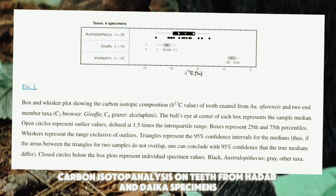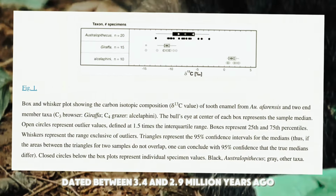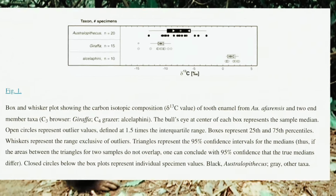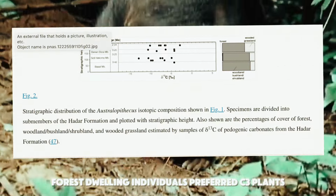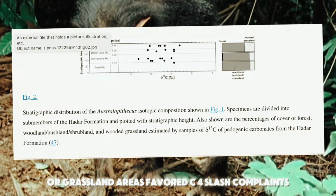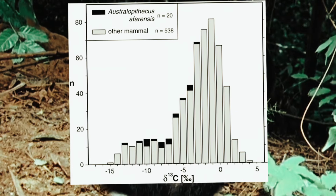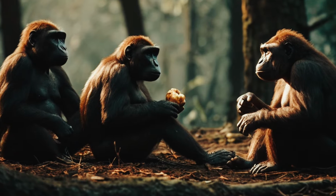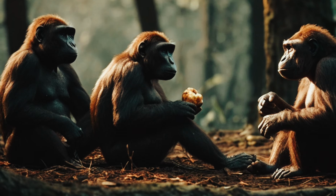Carbon isotope analysis on teeth from Hadar and Dikika specimens, dated between 3.4 and 2.9 million years ago, suggests a diverse diet. Forest-dwelling individuals preferred C3 plants, while those in bush or grassland areas favored C4/CAM plants. This indicates that afarensis could exploit various food resources across different habitats. For example, in times of scarcity, they may have relied on hard, brittle foods like nuts and seeds, as suggested